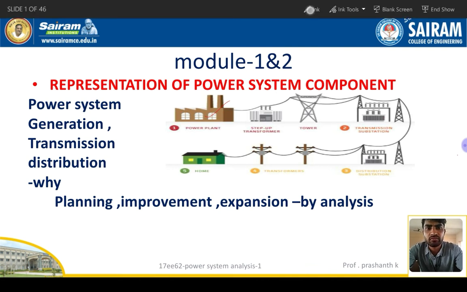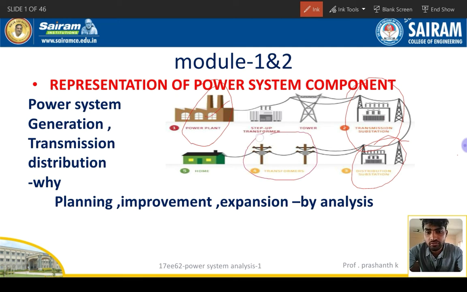Transmission substation, just to assume, this one is a Vijayanagara substation. Just consider this one as Bangalore, and this one you consider as Raichur. From Raichur to here there is the Vijayanagara main substation. Next we have the Anekal distribution substation. From there to here, at the backside of your college, we have a step down transformer. After that, just consider this one is a college, not home. You can consider as you wish.